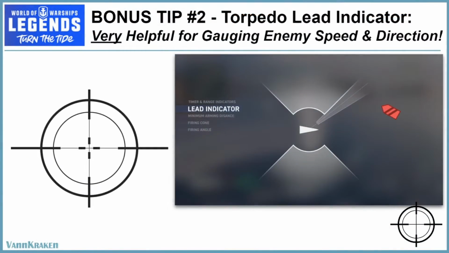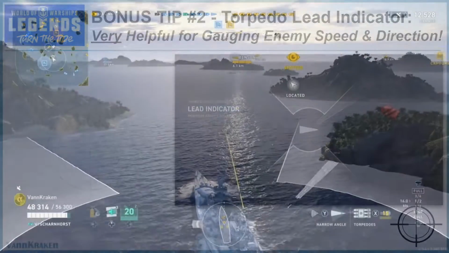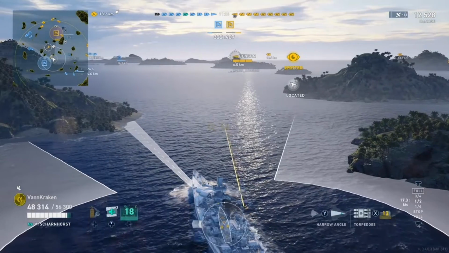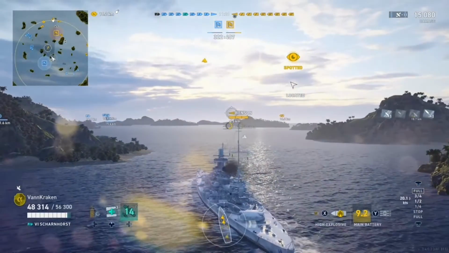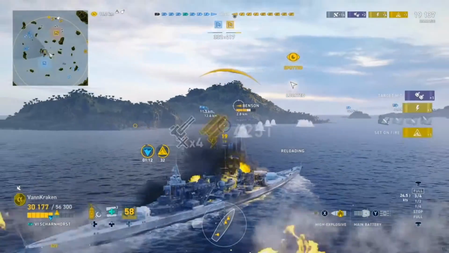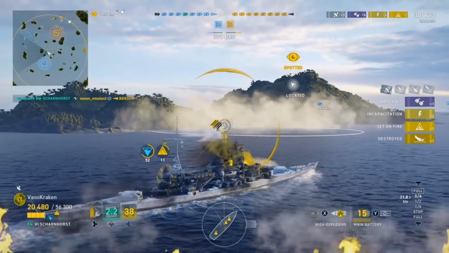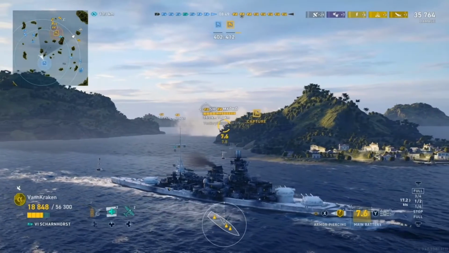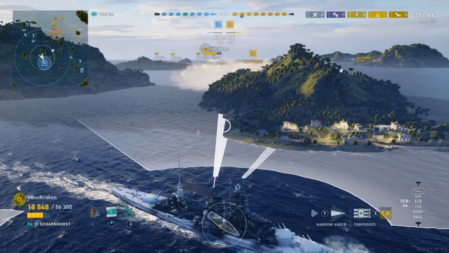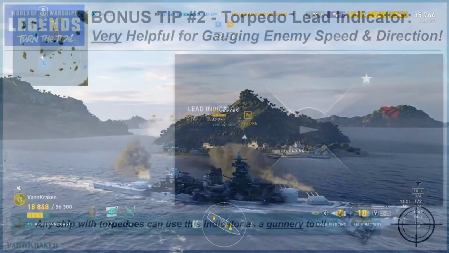Bonus tip number 2 is an even more precise tool for determining both the range and heading of targets that is found on every ship in the game that carries torpedoes, and is known as the Torpedo Lead Indicator. What might be a bit less intuitive, especially for newer players, is that this is a great main battery gunnery tool too. It can give us some really important information on harder to see ships that are further from our position. Just select a target by placing the crosshairs on the desired ship icon, and the lead indicator will tell